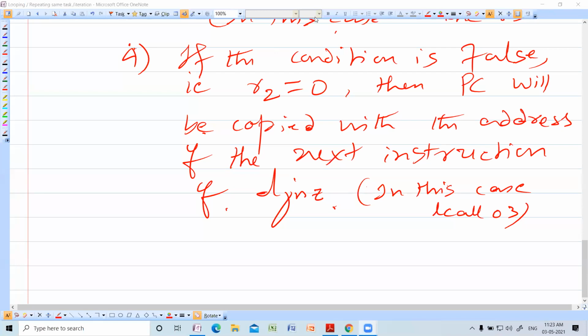So have you understood this? So now please ping back. Have you understood the execution of DJNZ instruction? I'm getting very few answers. I don't know whether you are following it or not.